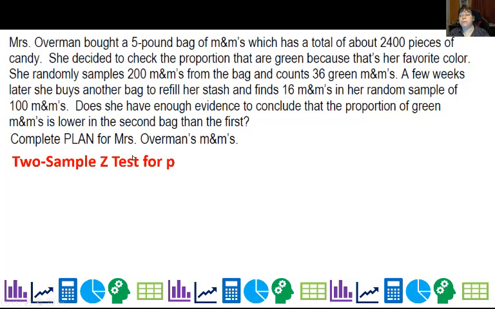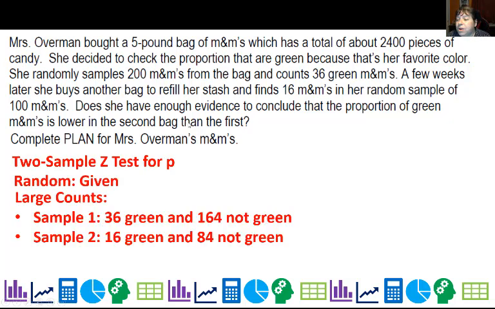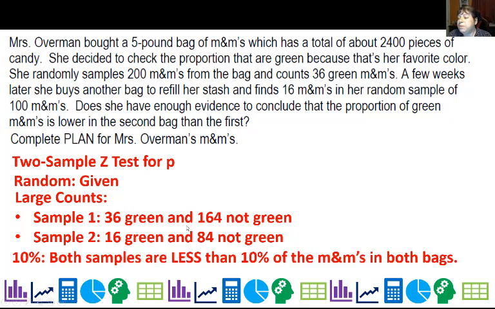I'm doing a 2-sample z-test for P. Random is given. Large counts: I counted 36 green in the first bag, which means 164 were not green. Those are both greater than or equal to 10. 16 green and 84 not green, so that's fine too. And both samples are less than 10% of the M&Ms in both bags, so the conditions have been met. And I could probably write that on here. I probably would if I